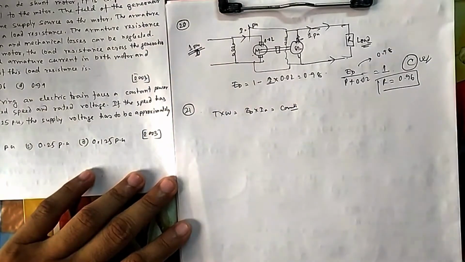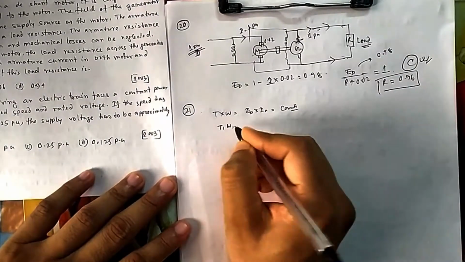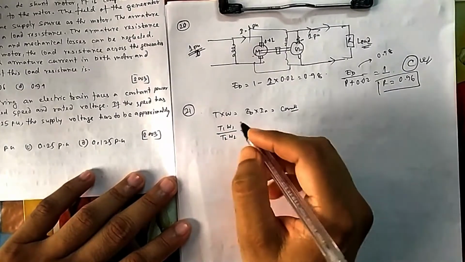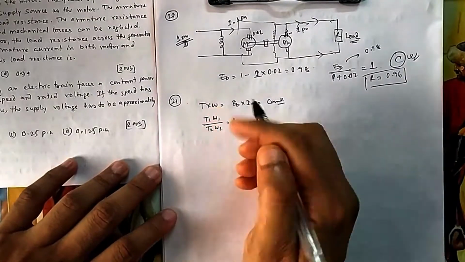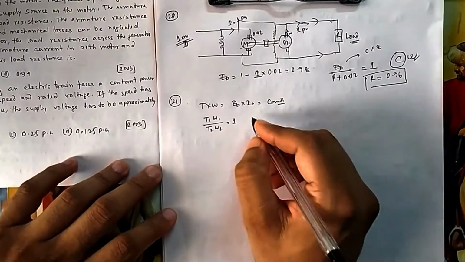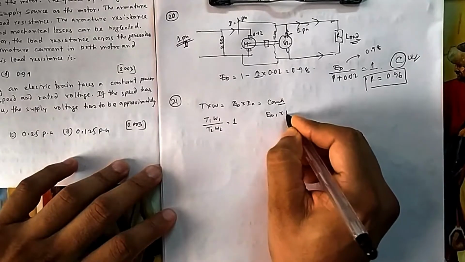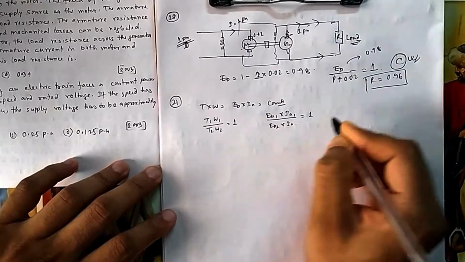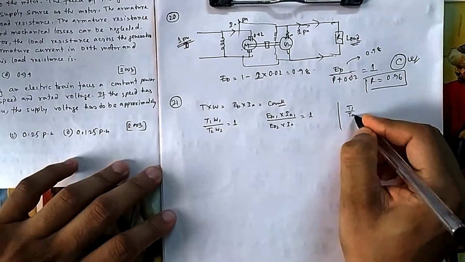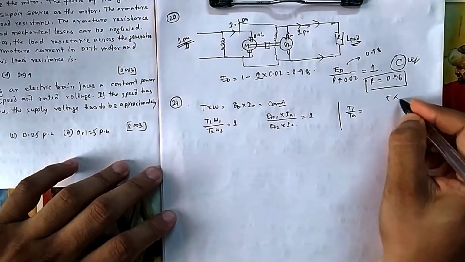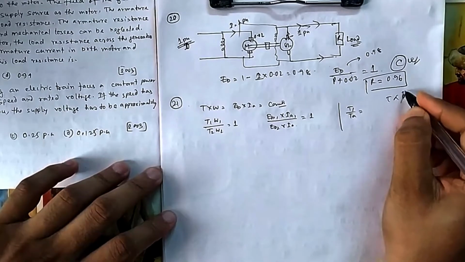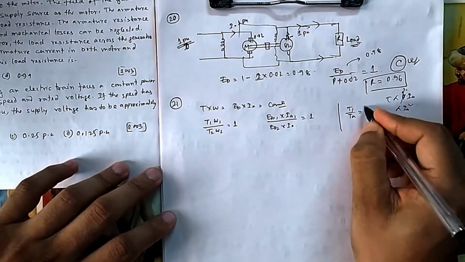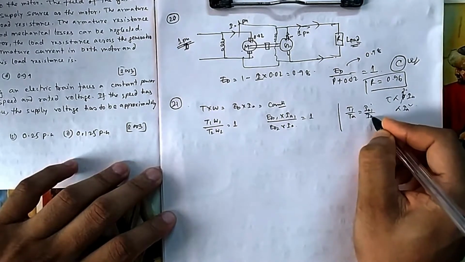So if this is constant, that means T1 by omega 1, T2 by omega 2, the product should be the same. T1 omega 1, the first case power, and the second case power should be the same. Similarly here, EB1 into IA1, the first case power, should be equal to the second case power. Now because it is a DC series motor, you know T1 by T2 will be directly proportional to phi into IA, but in series, phi is also proportional to IA. So T is proportional to IA square for a series motor. So it is IA1 by IA2 whole square. So you can put it there.